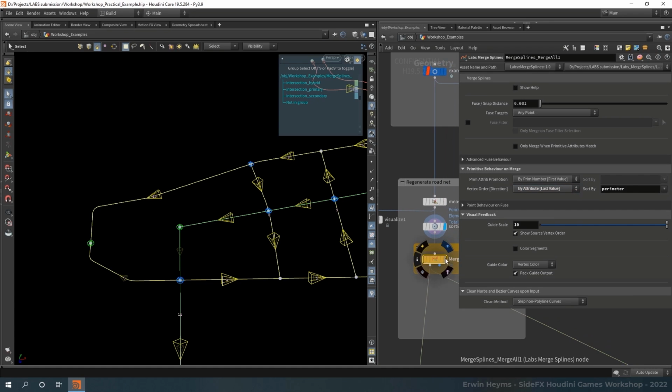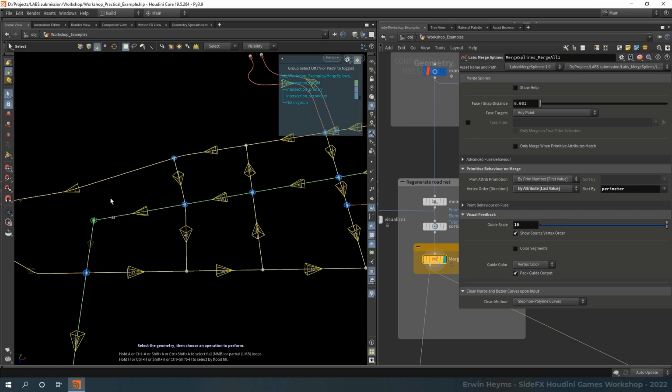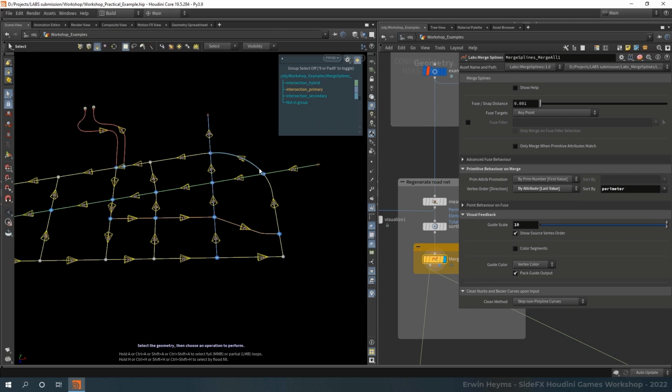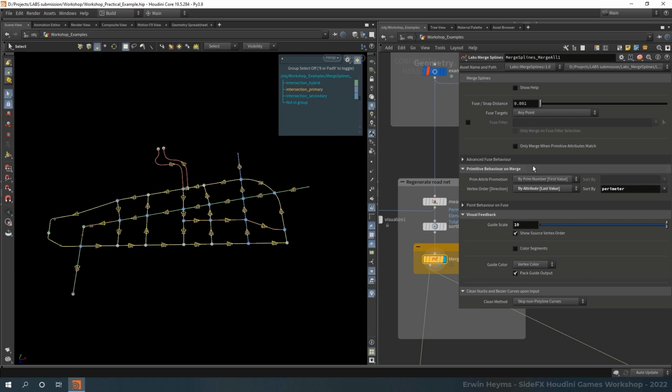And when we do that, it's going to use this curve and overtake its direction and combine it right there. Next to that, some of these other curves that were disconnected before are now combined. So here's one. And all the segments on these curves here are now segmented by their intersections. Because this node is being run on the entire geometry all at once, all the intersections will be cleaned at